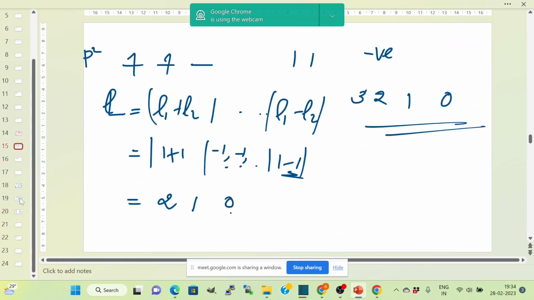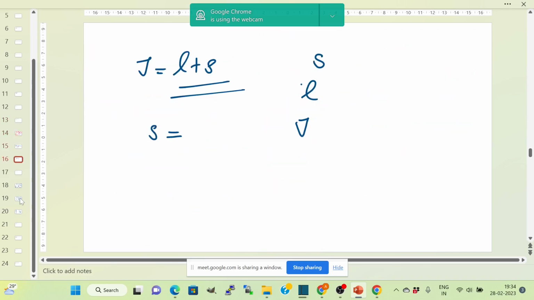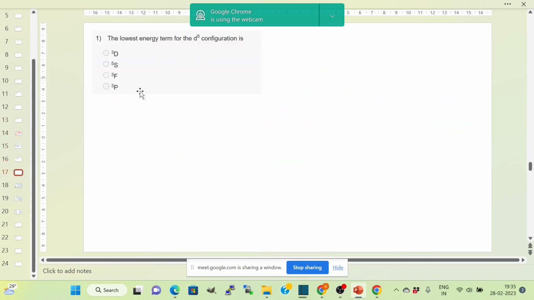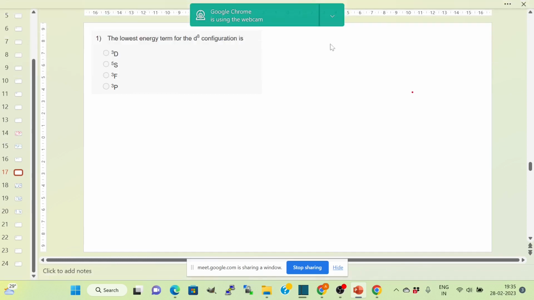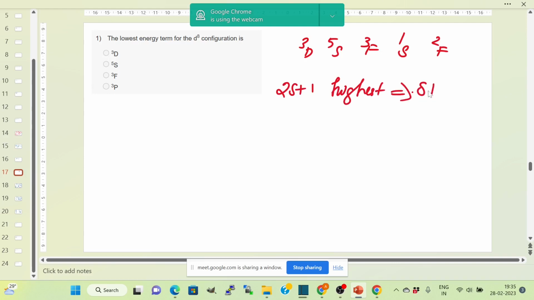Now we'll solve one more question regarding this. Another thing you have to note is when we have multiple spectroscopic terms, for example 3D, 5S, 3F, maybe 1S, 2F, and so on. If we have to arrange these in energetic order, that means which one has higher energy and lower energy, how will we identify that? Whenever this 2S plus 1 value is large, is highest, this will be more stable,